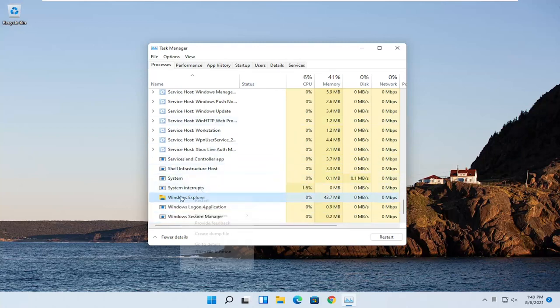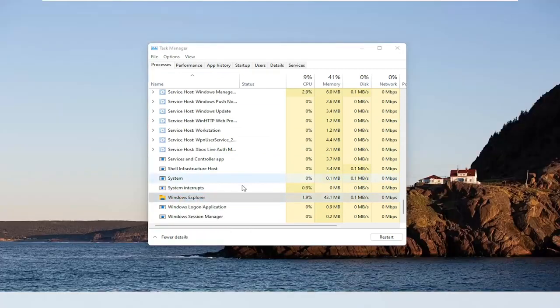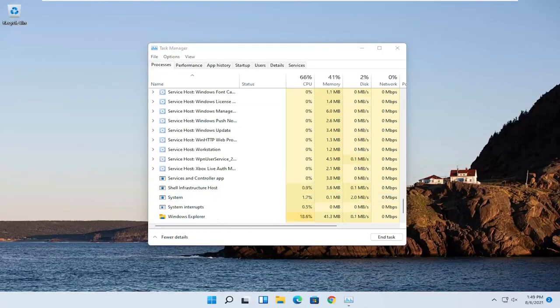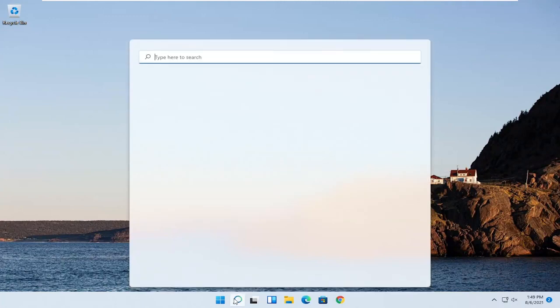You want to go ahead and right click on that and select Restart. Give it a moment here. And then hopefully I should have been able to resolve the problem. If you're still having an issue, if you close out of here, you can try opening up the search menu,